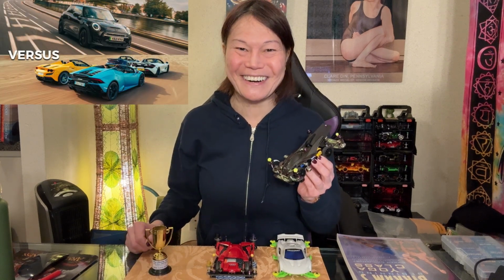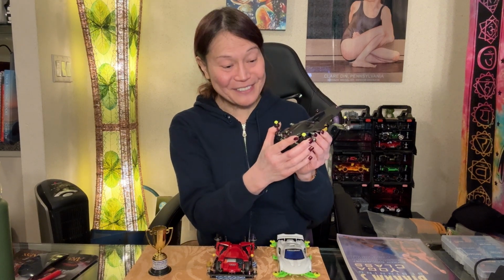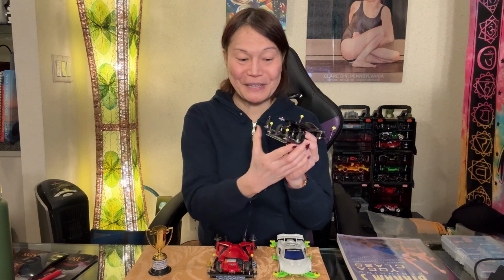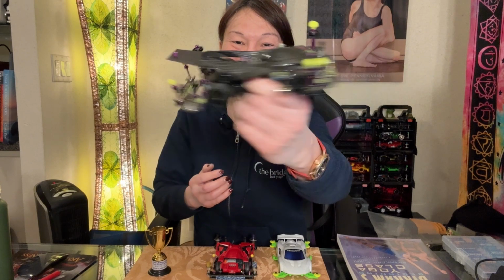So yes, against stellar competition, I prevailed and won silver place against a whole bunch of MS suspension cars, yes! The other 4 cars were all MS suspension cars, and I had the lone VZ chassis car with MS style gimmicks. I've got this front pivoting system right here. I've got a rear pivoting system, and these are the kinds of pivoting systems that are normally found on MS